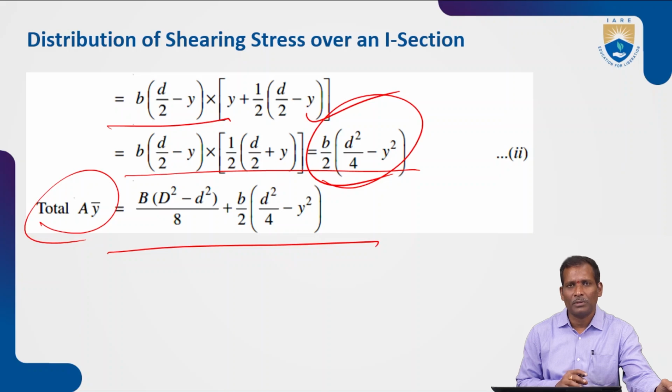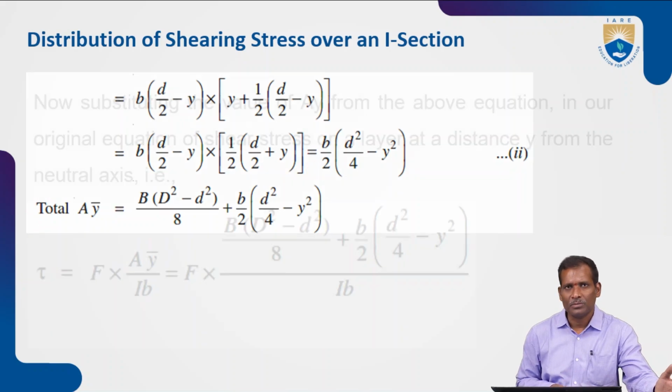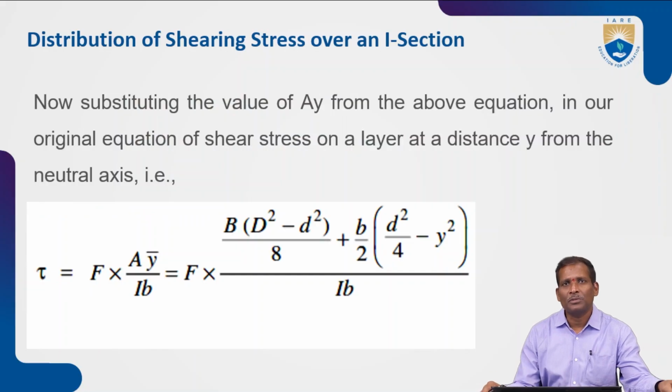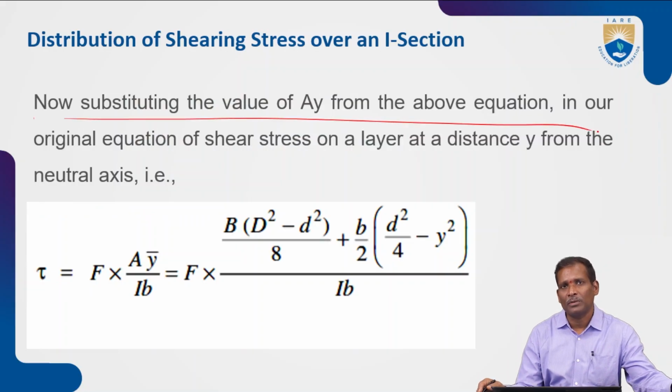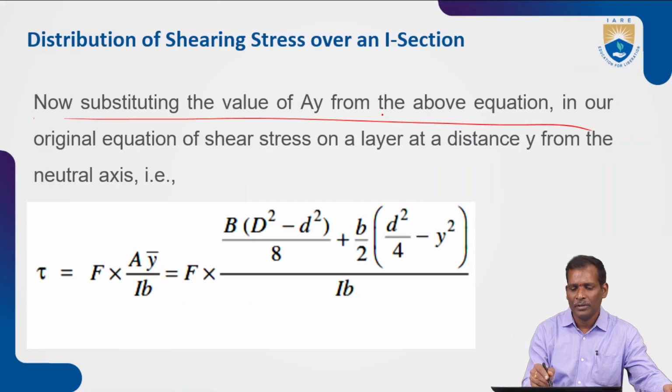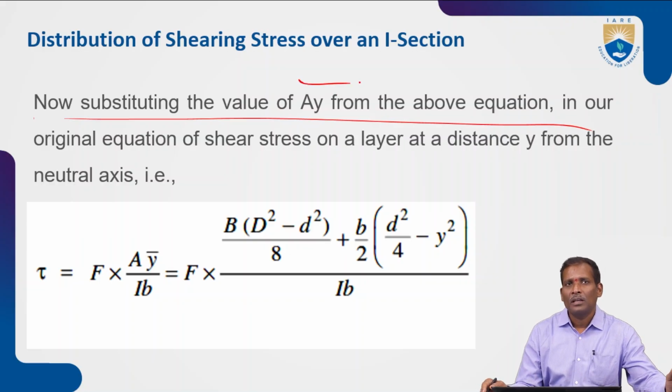So you know what is capital D and what is capital B and small d, small b. Now substituting the value of A y bar from the above equation in our original equation of shear stress